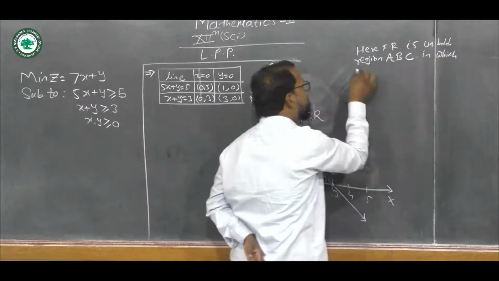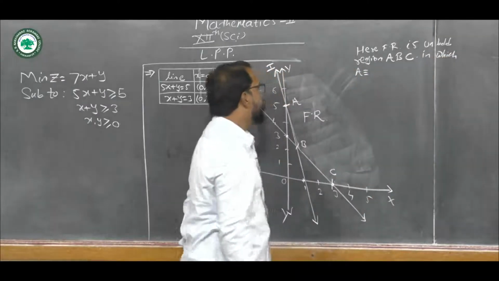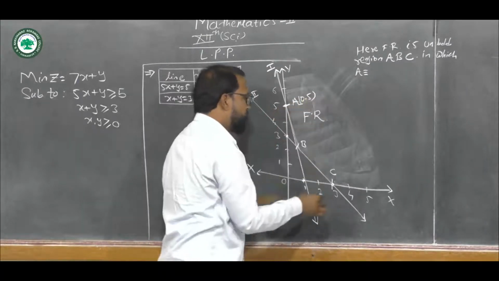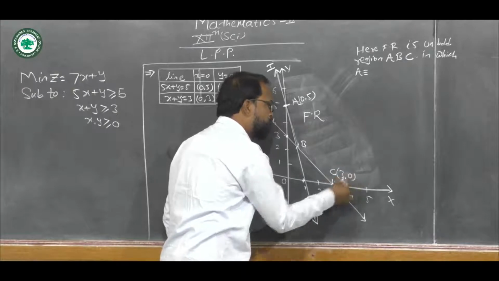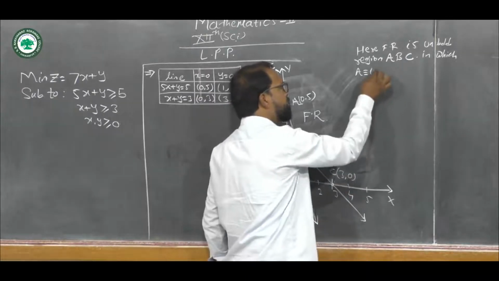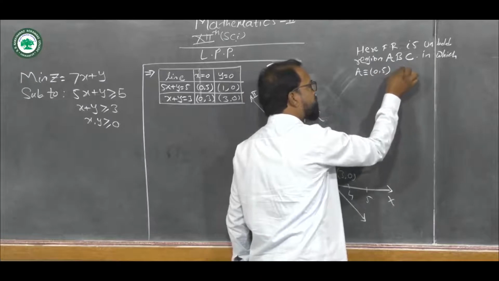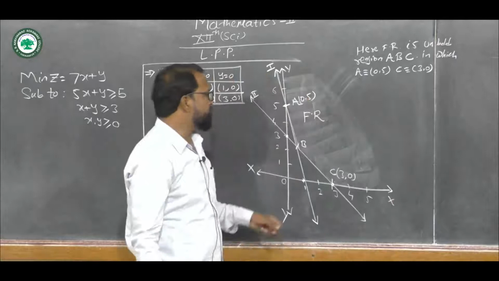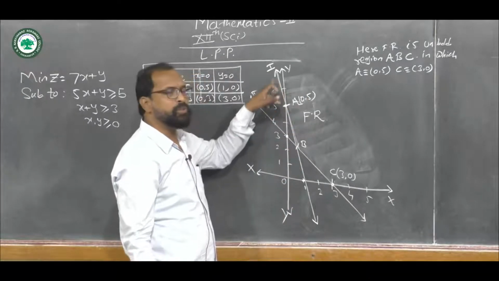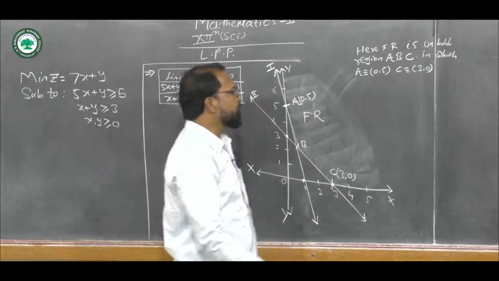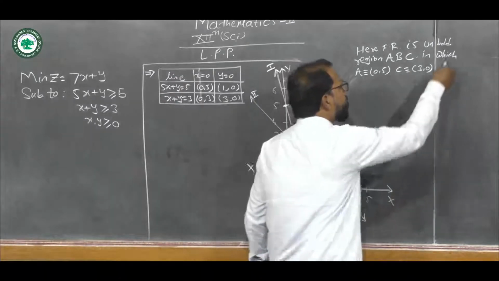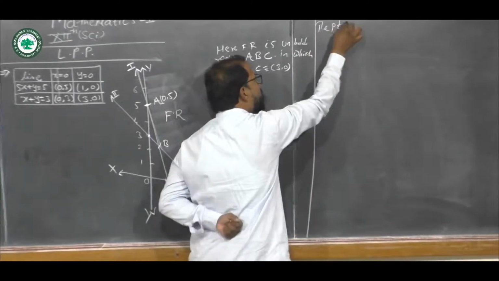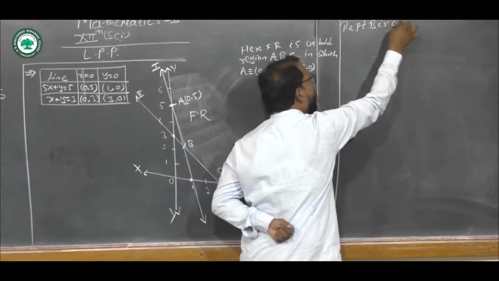Now write the known coordinates, that is the coordinates for A. Now this A is 0, 5 and this C is 3, 0. So here we write A is 0, 5 and C is 3, 0. Now observe here, this point B is the intersection of these two lines, first and second line. So here we write the point B is the intersection of